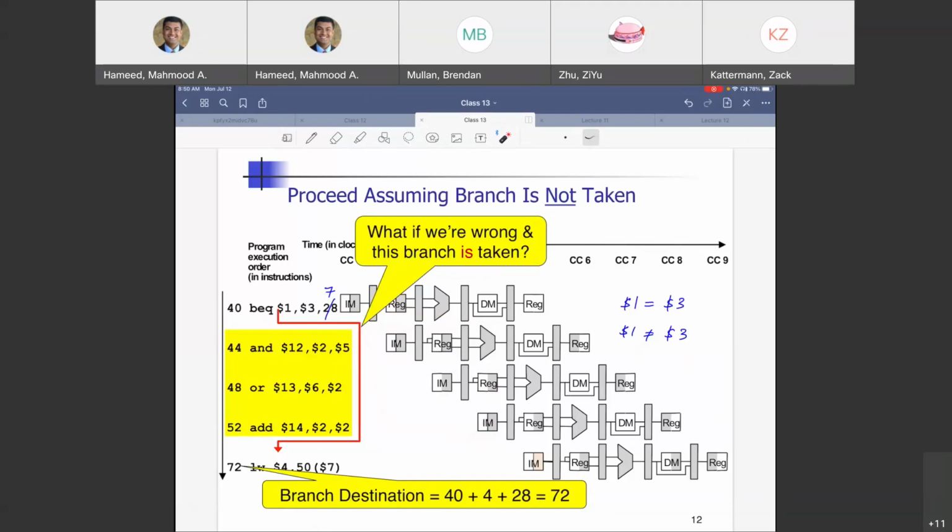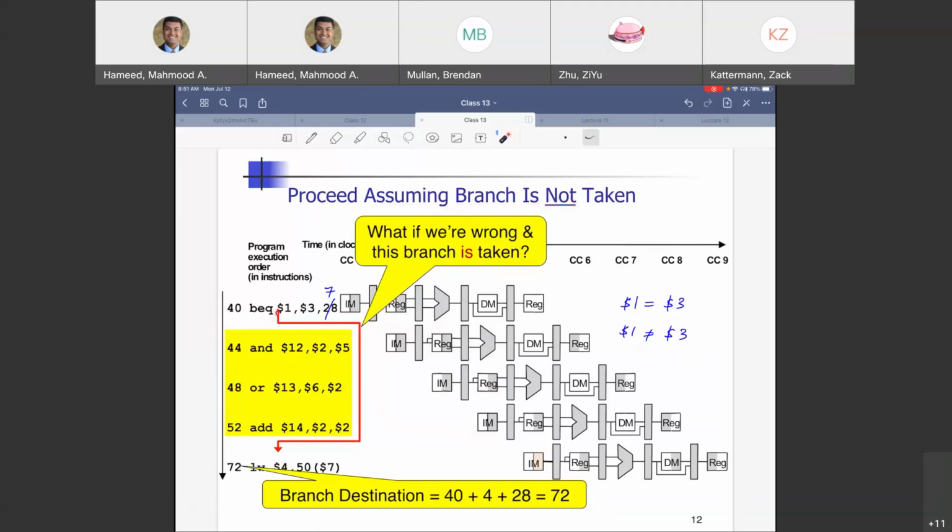That is why you can afford to go wrong, because you're basing it off of probabilities instead of just losing the 6 nanoseconds, instead of just saying, all right, I'll just wait for the whole time because I don't know which one to work on. So proceed assuming branch is not taken. That's what we are doing over here.